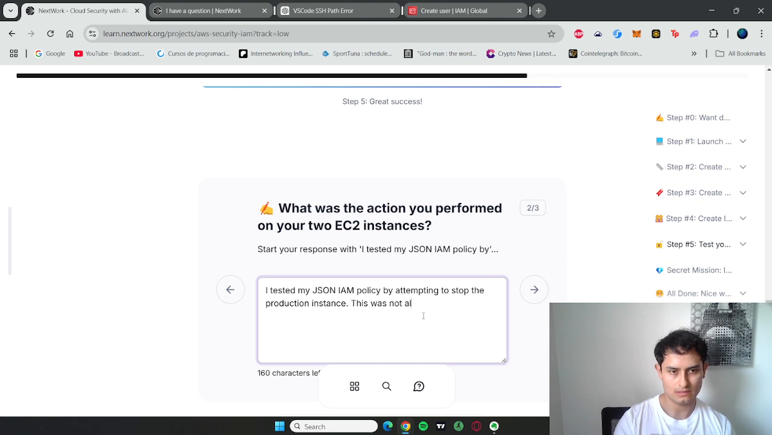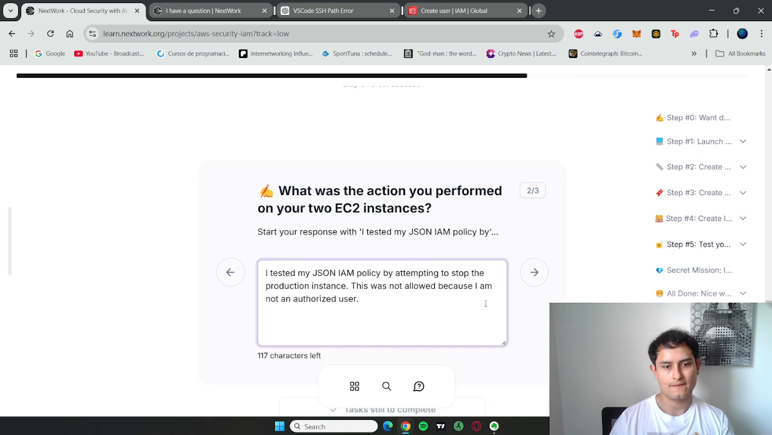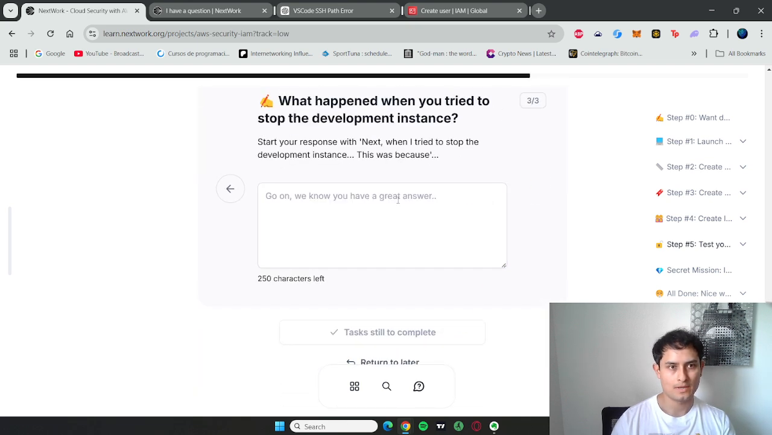This was not allowed because I am not an authorized user, right? What happened when you tried to stop the development instance? Next, when I tried to stop the development instance,